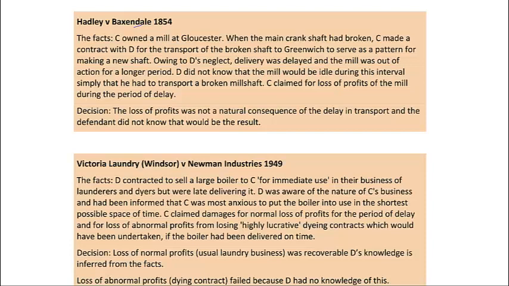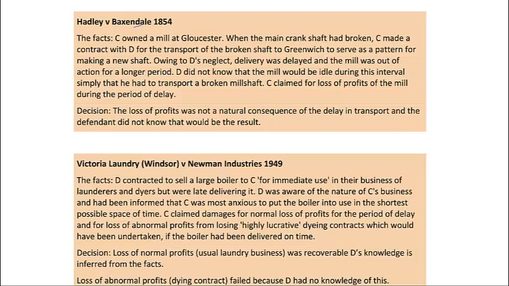So Hadley and Baxendale. In this case, Hadley owned a mill, and the mill crankshaft had broken. So they took the crankshaft out of the mill and sent it away to be used as a template to make a new crankshaft. And they engaged the defendant, Baxendale, to deliver the crankshaft for its repairs to be used. Baxendale didn't take the crankshaft on the first trip that he made, and it sat there for a while waiting